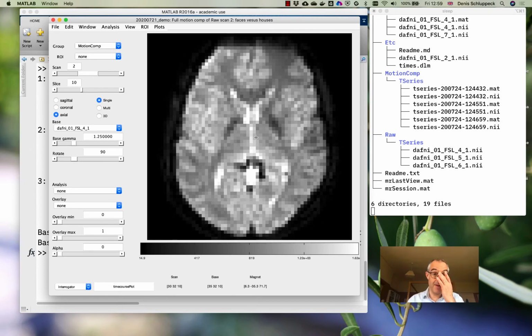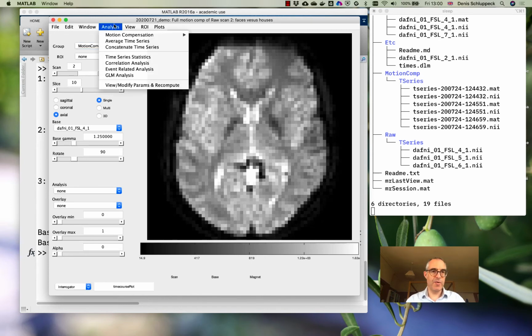As a starting point this time, I won't use the raw scans, but I will use the motion compensated scans, which are a much better, cleaned up version of the data. So rather than going back all the way to the start with the untreated data, I want to now use the slightly improved data set for which we have removed some of the motion in the original data set. So with this tab set to motion comp, I will now go and